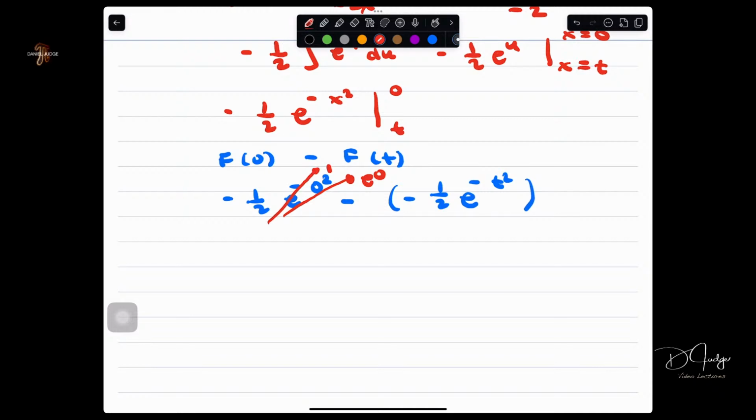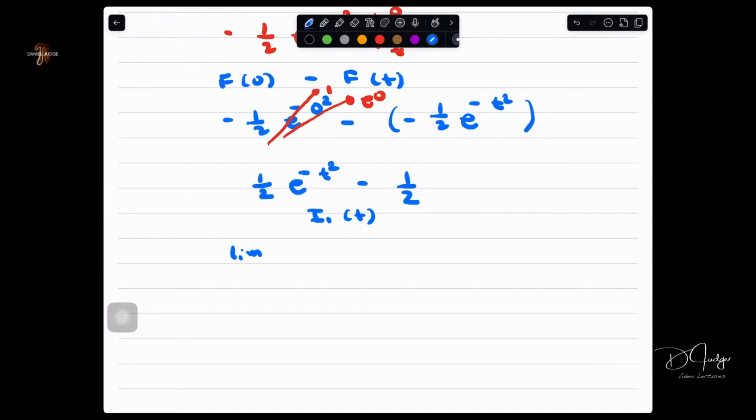So this is 1. And the minus a minus makes that a positive 1/2 e to the minus t squared. Really minus 1/2 now. And this is what we called earlier today your integral with respect to t, I of t, which is not the answer, but